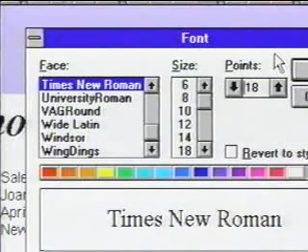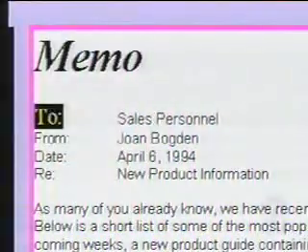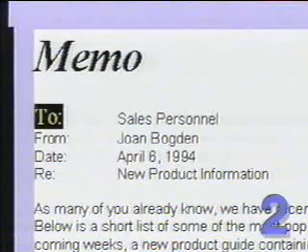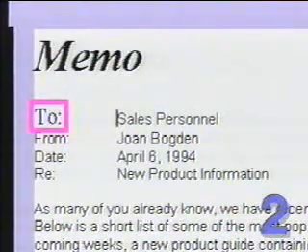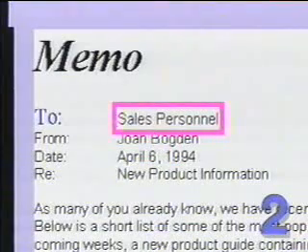While we're at it, let's change the color of the text by clicking on the dark blue box on the color bar. To implement the changes, we select OK, and we're returned to the document. Notice that the word to is still selected. To view the changes, we press the right arrow key to deselect the text, and the text now appears in blue, 18-point, Times New Roman type. Now, let's adjust the text Sales Personnel so that it appears in 18-point Times New